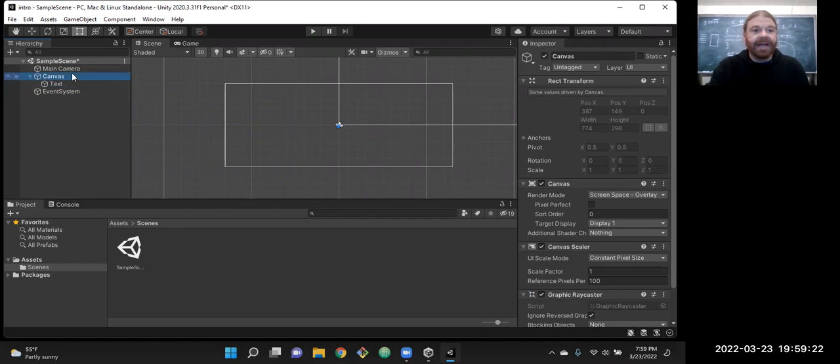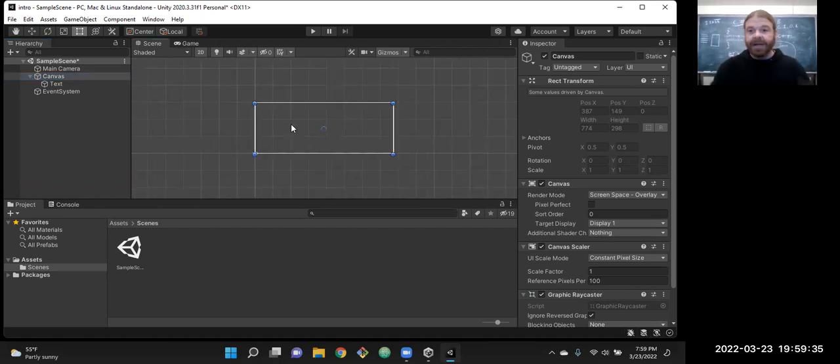So let's look at the canvas. So we saw where our camera is looking. If we had a background and stuff, we would see that. That'll make more sense in a couple weeks. If I bring my mouse over here and hover over the scene area and hit F, it'll zoom focus to what is selected in the hierarchy. So the canvas it zooms out, and it looks like our game scene is really, really small down here, a little bitty thing, and that's just the way Unity set up their thing.